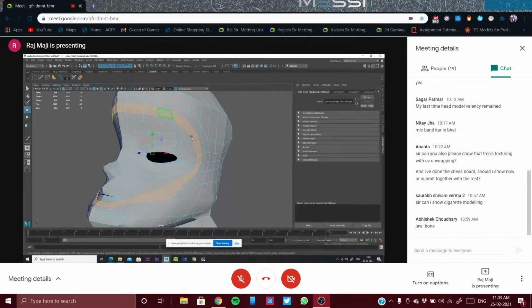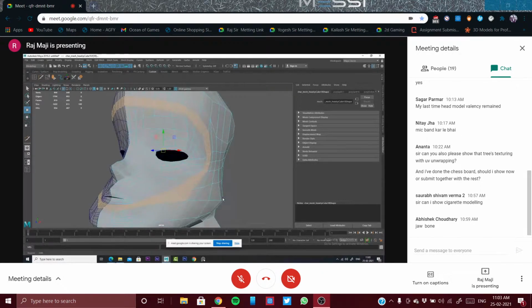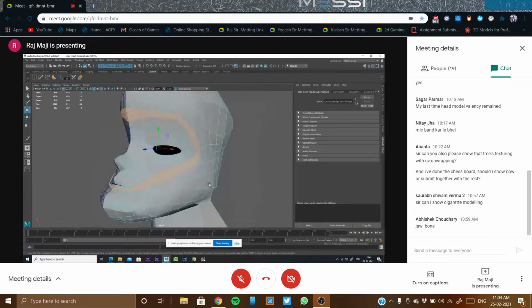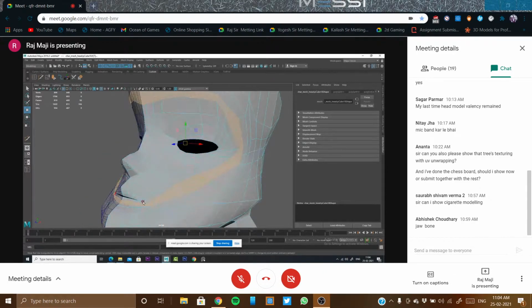See, following the direction. But yes, one problem is there. It is going downward, or let me check this also. It is going towards the lower lip. No, it should come towards the upper lip. Sagar, I am happy that you have done this much. Minor little problems are there. Actually, zygomatic major minor is connected towards the upper lip, not towards the lower lip. So that's a problem. Okay, so this loop should be connected over here. It should not go like this.